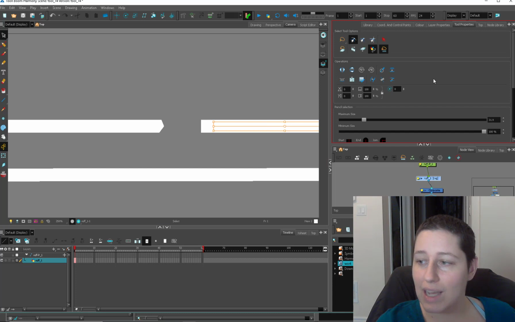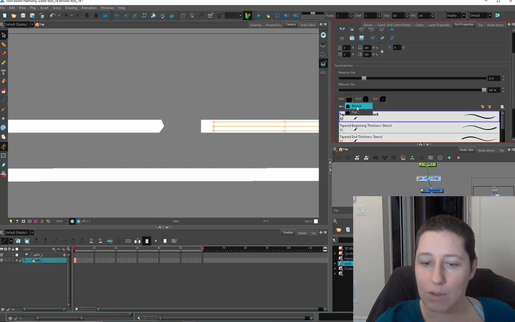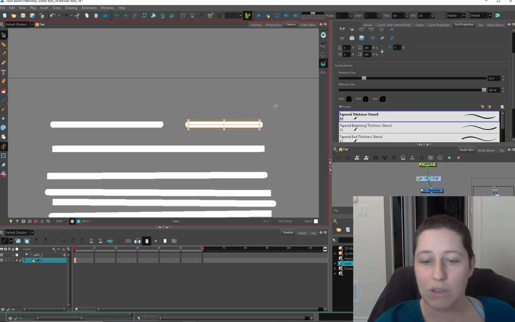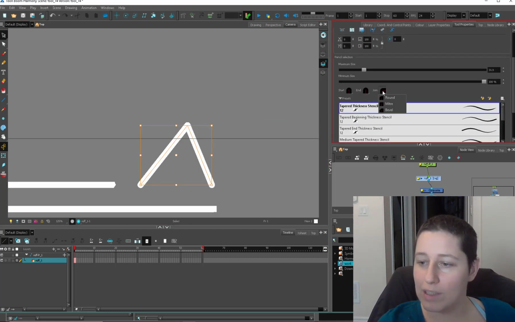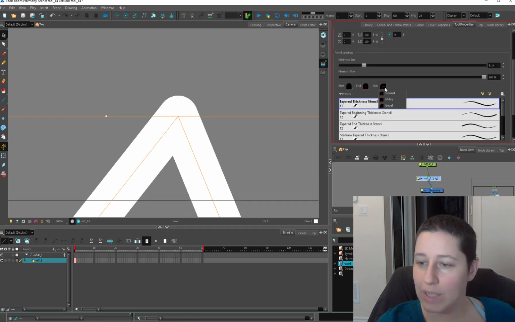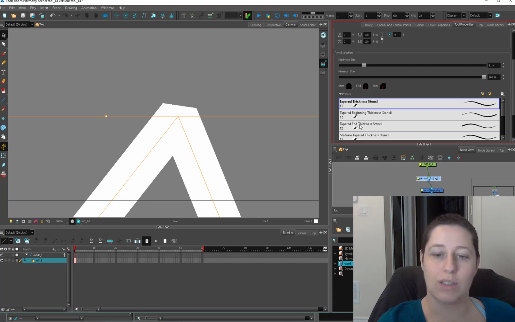So then you can come in and play around with this and round it out or square it out, whatever you need it to do to make your rig work. The next thing is your join. So you can have a rounded join, which gives you a roundy corner. You can have a miter, which is a pointy join, or you can have a bevel, which is square, like